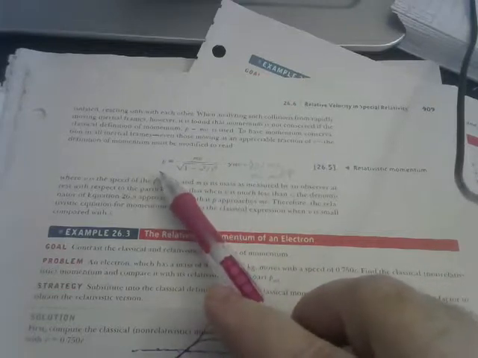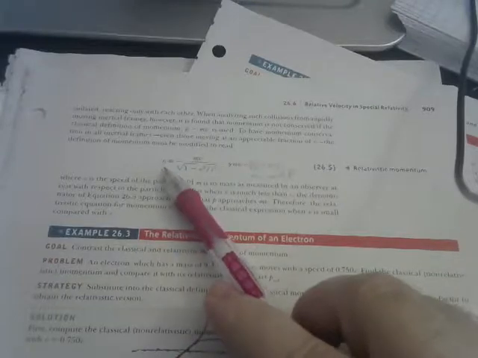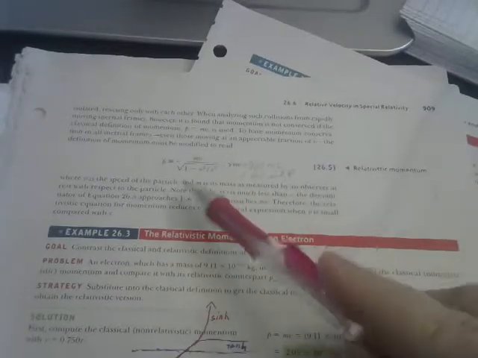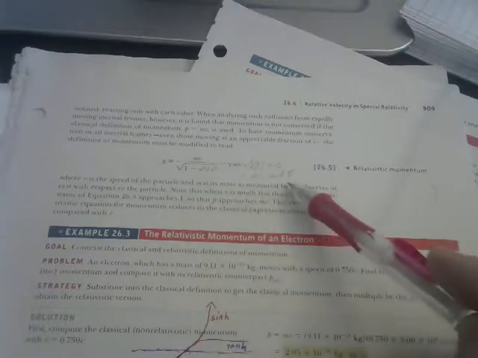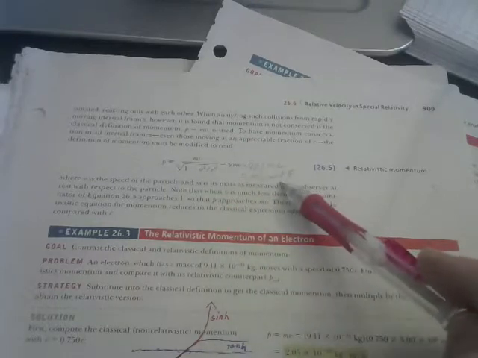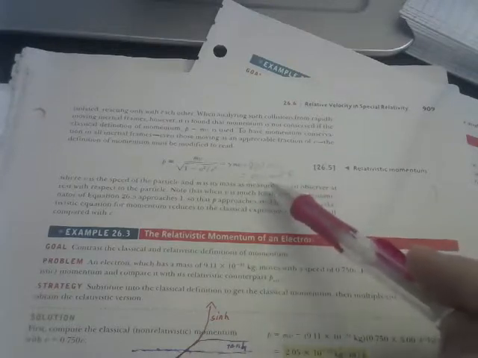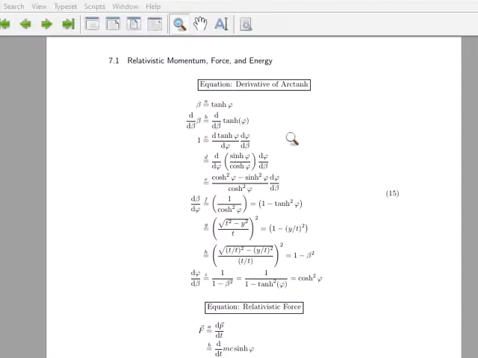We're going to accept this equation as given. Momentum, the relativistic momentum equation, is mv over the square root of 1 minus v squared over c squared. This formula can be expressed as p equals mc times the hyperbolic sine of the rapidity. I'm going to take that part as given, and do this gigantic